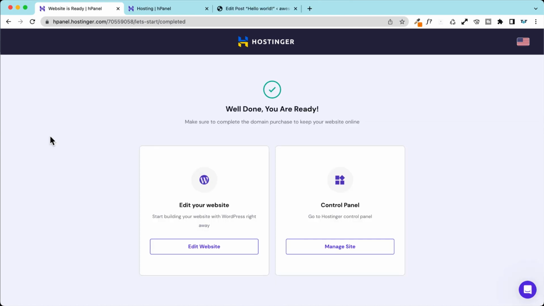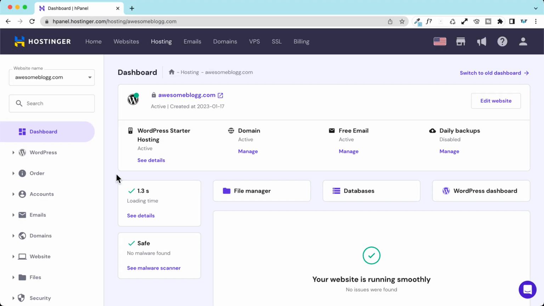At the end of the domain registration process, you will see this screen, and you can choose to click on the left side of the screen on edit your website, and it will bring you directly to your WordPress admin dashboard, and you will be able to start customizing your WordPress website, but we will do it later. And on the right side you can go directly to your control panel, which is the place where you can manage all the hosting related features of your website. And if you click on manage website, you will land on this page,